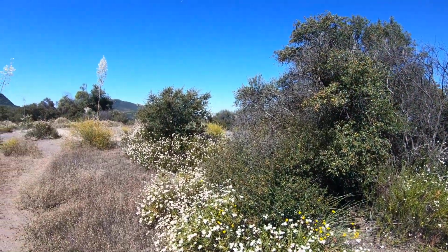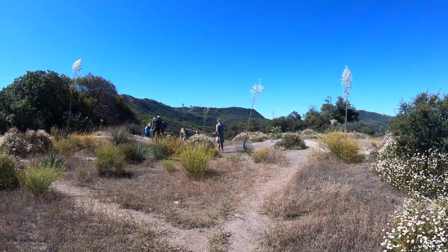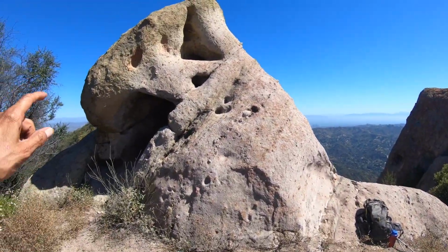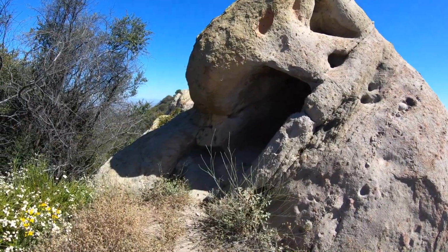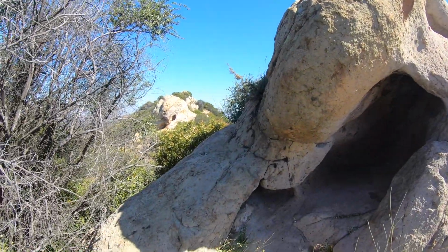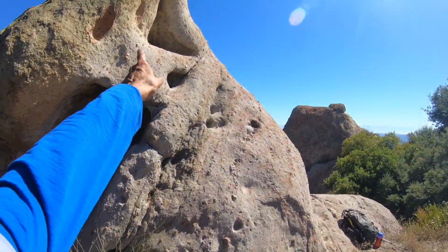So up to this point, we've gone 2 miles. This is a pretty nice little ridge to take a rest on. Check out these rocks here. Look like Cappadocia, something you'd see in Turkey. Pretty cool. Look at, you can go inside, catch a little rest area in there. These over here,